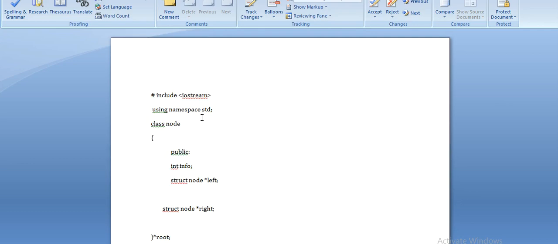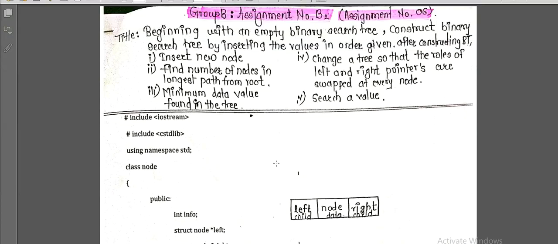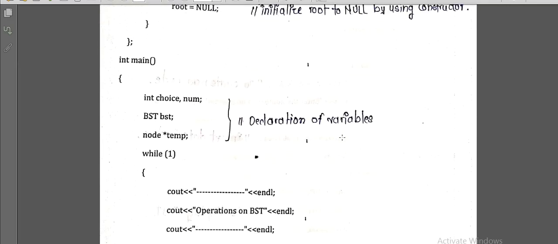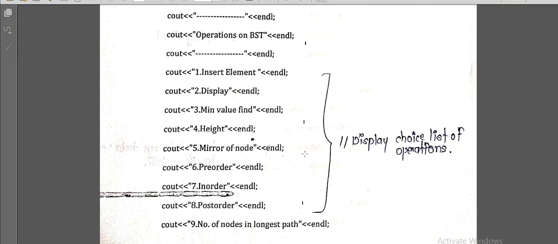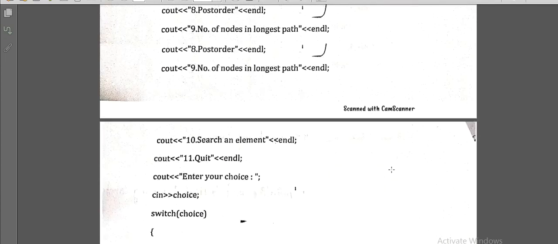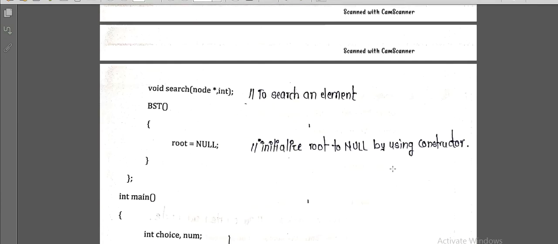But as usual, I am taking a printout and writing some tree structures on it, so it becomes easy to understand. I am directly opening that here, and this is the concept I have written down on paper according to the coding. I have displayed something here so that we can easily understand the code. So we'll directly do this.